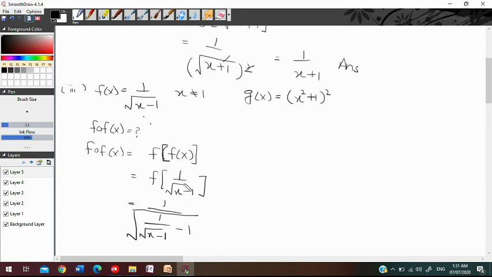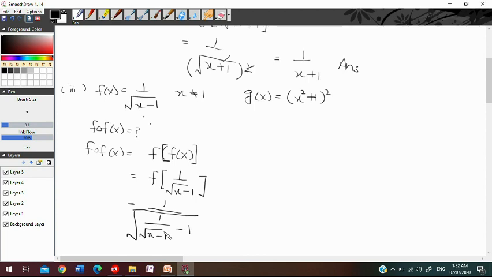आपने इसको ये नहीं देखना है कि ये 1 डिवाइडेड बाय अंडर रूट एक्स माइनस 1 है। आपने इसका बिहेवियर ऐसा होना चाहिए कि 1 डिवाइडेड बाय अंडर रूट एक्स आप यूज जरूर कर रहे हैं, लेकिन एक्चुअली ये एक्स है जो ऊपर फंक्शन में भी गिवन है। आपने यहाँ भी x लिख दिया, यहाँ भी 1 डिवाइडेड बाय अंडर रूट एक्स माइनस 1 लिख दिया, फिर -1, और फिर उस सारे फंक्शन पे अंडर रूट। आपने बिल्कुल एग्जैक्टली वैसा ही फंक्शन बना दिया जैसा कि f है। f का जो भी कैरेक्टरिस्टिक्स है, वो सारे अप्लाई कर दिए।